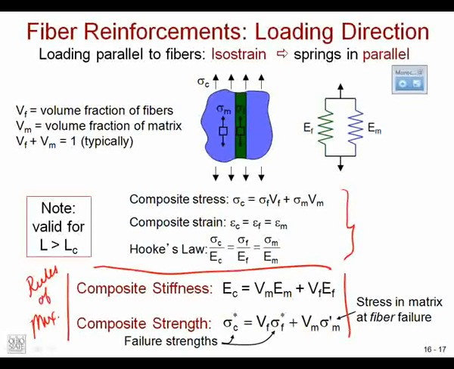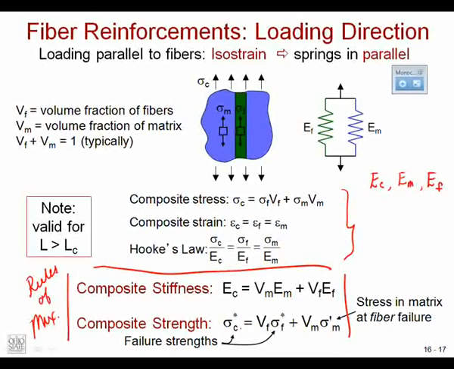So what do all these variables mean? So obviously E of the composite, E of the matrix, and E of the fiber. So it's pretty straightforward for stiffness. Just this rule of mixtures, a weighted average on the stiffness. With the composite strength, things are a little bit different